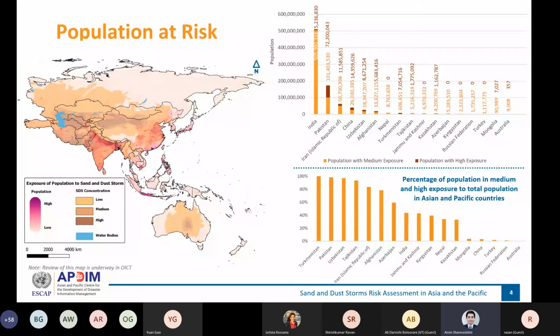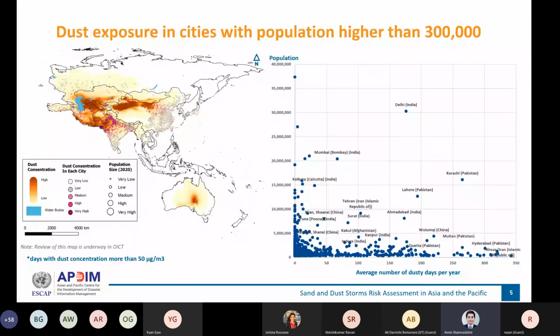The other way to see the health impact, we use the same hazard layer for cities. This graphic shows the exposure of cities in Asia Pacific to sand and dust storms. We consider dust exposure in cities with a population higher than 300,000. The graph shows that